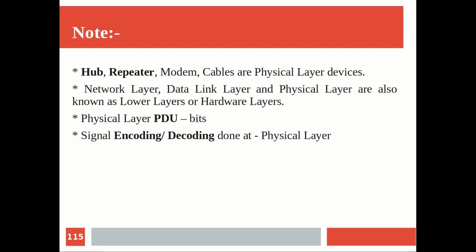And simply one question like this: at which layer is the signal encoding and decoding happening? Again the physical layer, because encoding and decoding in the sense of digital to analog encoding and similarly analog to digital decoding. The encoding and decoding techniques like Manchester, differential Manchester, all those things we already saw in our data communication classes. So that is about the physical layer. You may get a question like explain the ISO reference model in detail, maybe an essay question, and at that time you can point out all these important points and explain each layer.